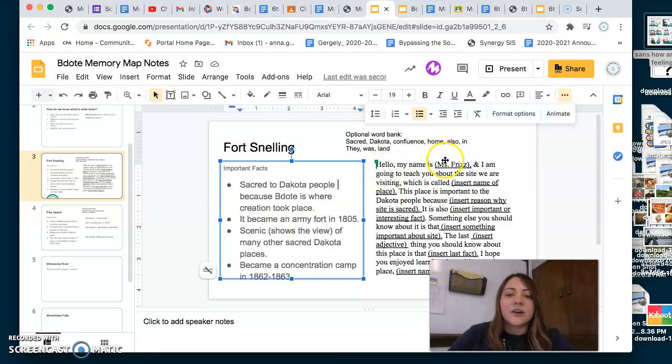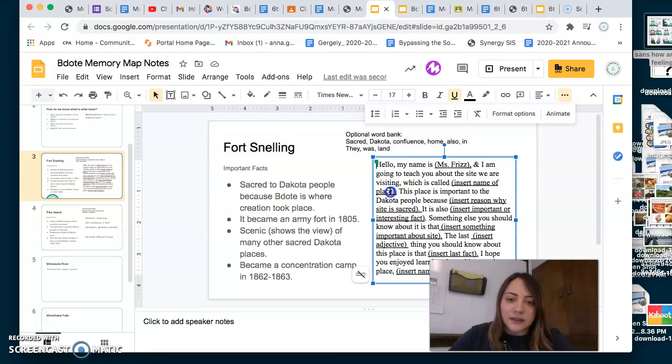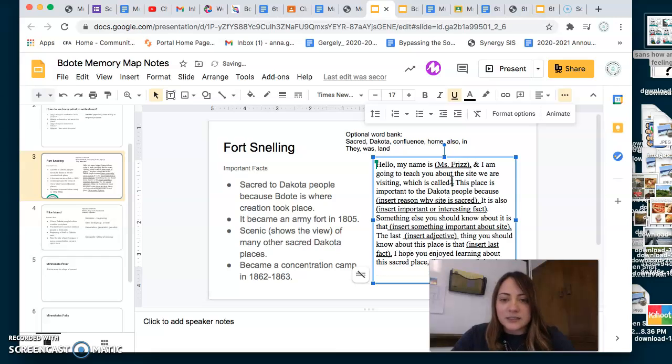So I said, hello, my name is Miss Frizzle, and I'm going to teach you about the site we are visiting, which is called, now the place, this is going to be whichever place you picked. For the example, I chose Fort Snelling. Okay, so I'm going to delete where it says insert name of place and fill it in with my own information. So Fort Snelling. This place is important to the Dakota people because I look back at my notes and